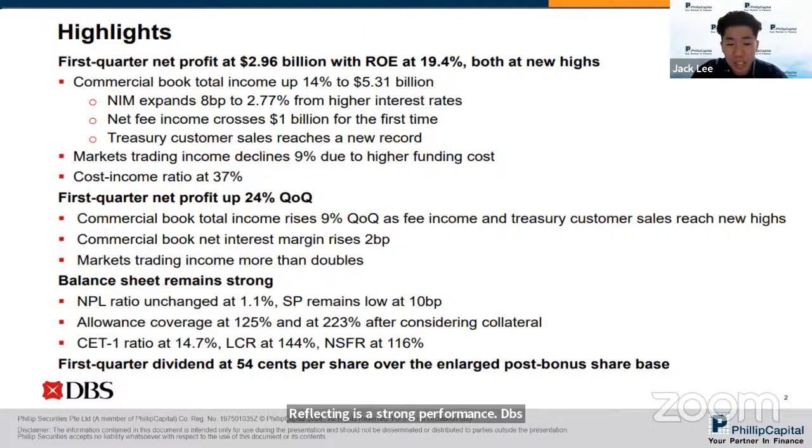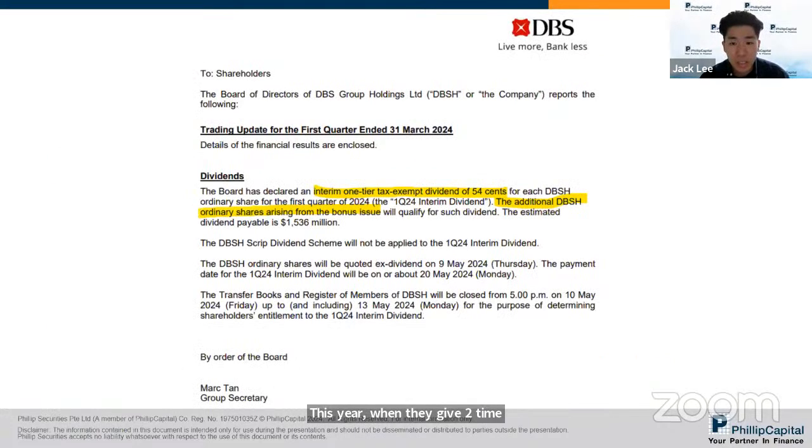Also, one of the key things we look at, most of the people buying DBS, UOB, and OCBC is looking for the dividend, right? So DBS right now, the dividend is giving up quite a lot. This year already gave two times and also one bonus shares. So this is one of the good news for a lot of long-term investors, passive income investors. So one of these reasons, I think the stock also boosted up a lot when they announced the dividends.